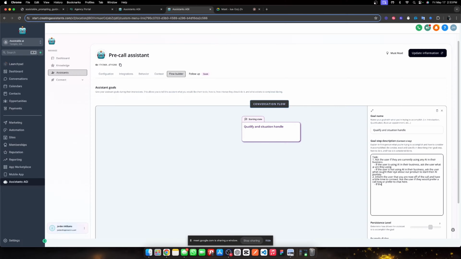We'll say if the user prefers a call, we're going to call function enroll. I think it's enroll contact in workflow, but we'll just say in workflow. To enroll the user in a workflow, call them. If the user prefers to chat here,